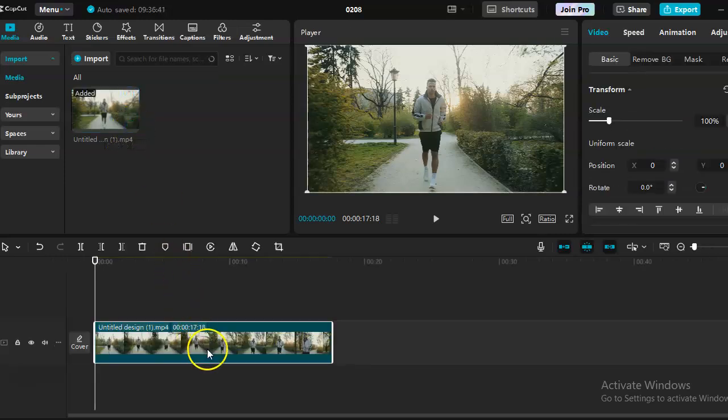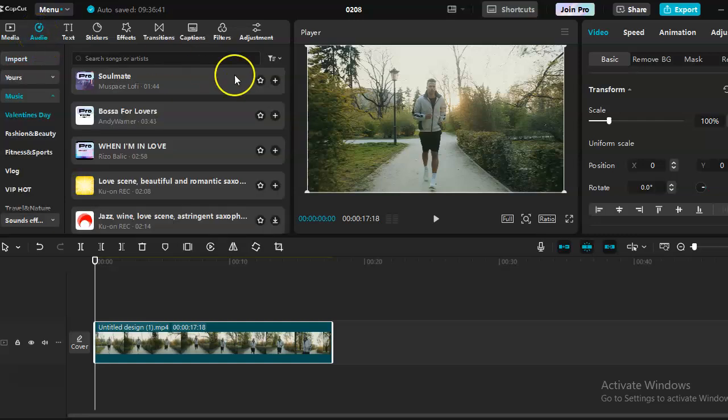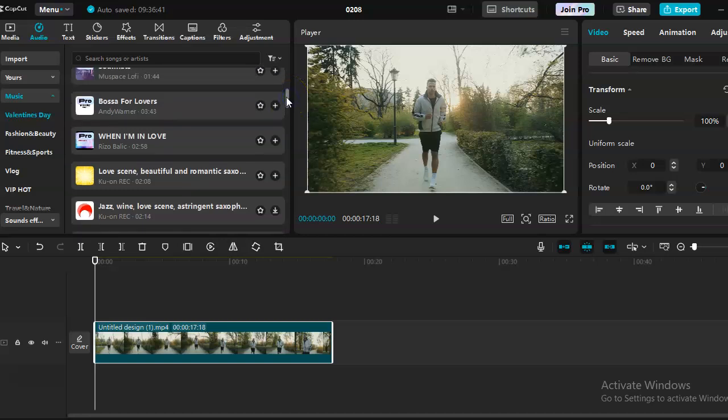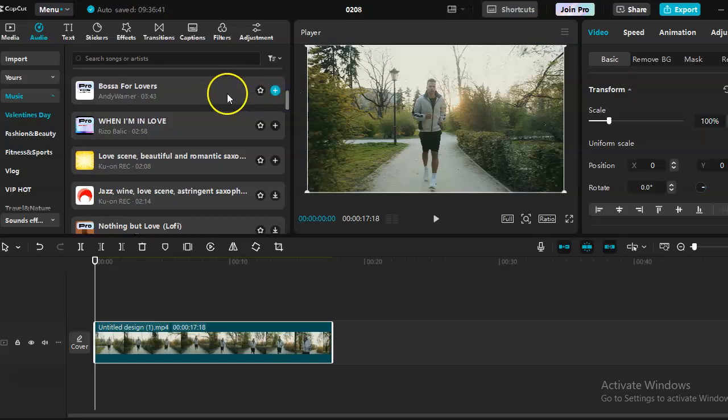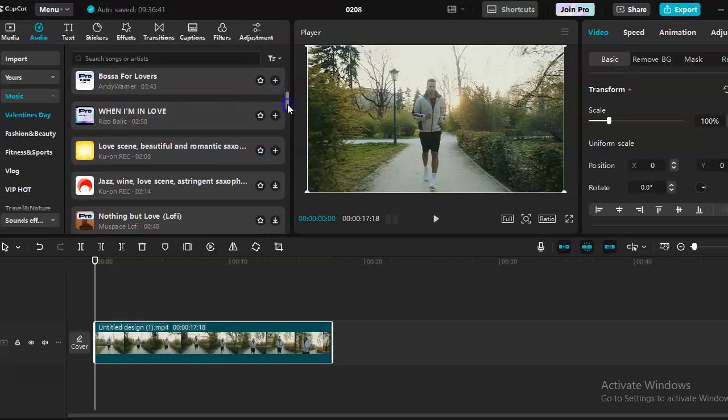to the track and then click audio, and here you have many different audios that you can add, but just keep in mind some of the audios here are for Pro. Okay, now for example you want to add this one, love scene, beautiful and romantic. Just click on the plus icon